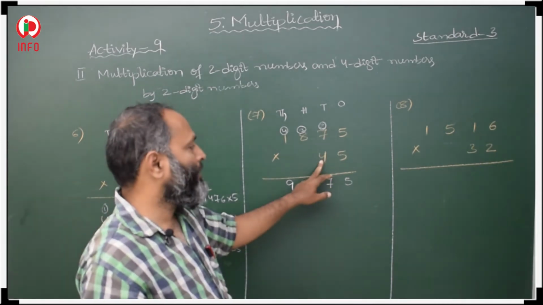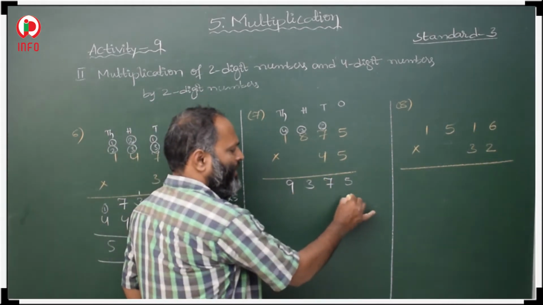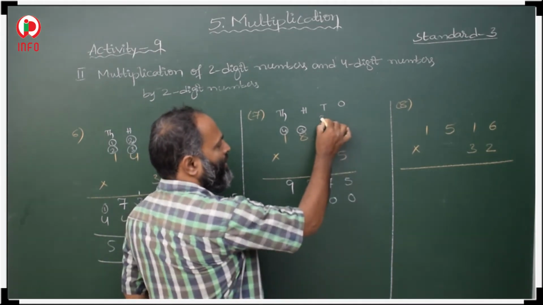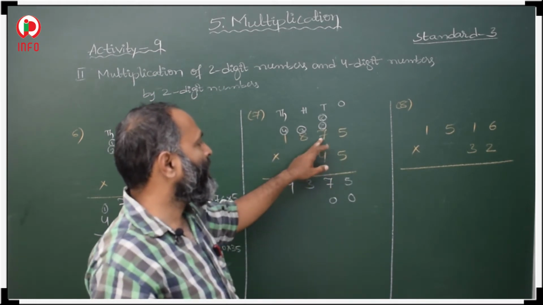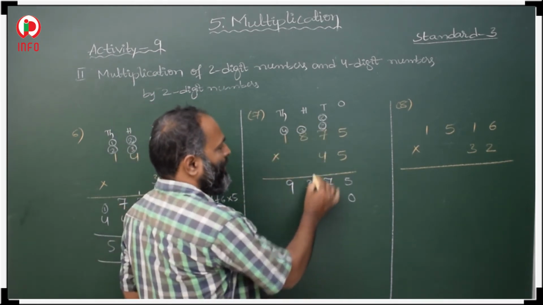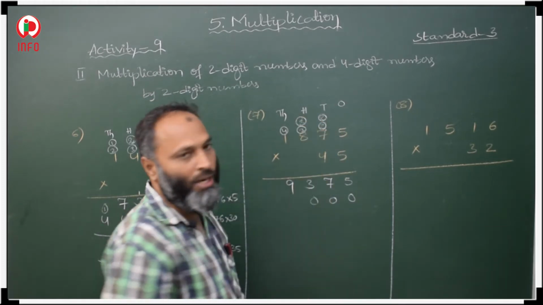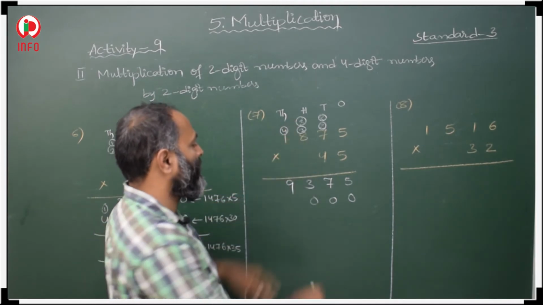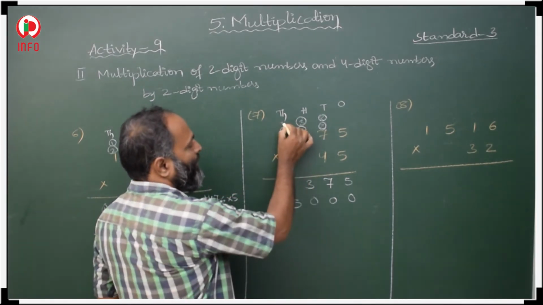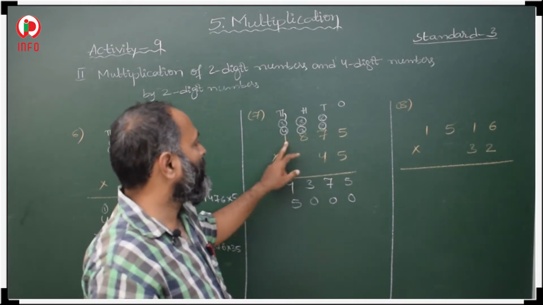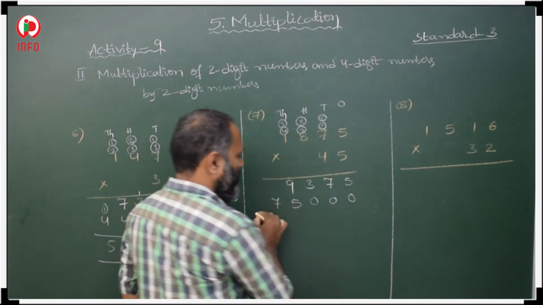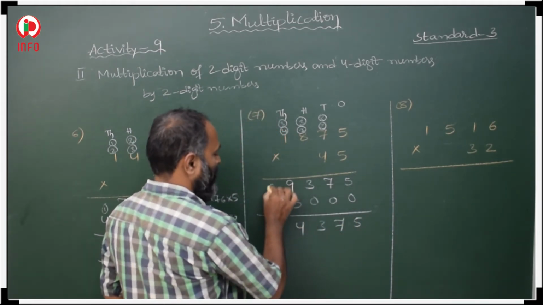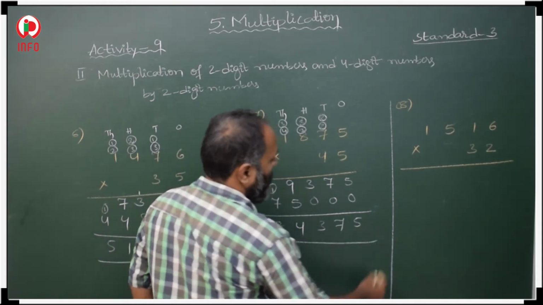Then after that we start with 4. It is in tens place. First we take 0. 4 fives are 20, 0 and 2 in tens place. 4 sevens are 28, plus 2, 30, 0 here and 3 carried over to hundreds place. 4 eights are 32, 32 plus 3, 35, 5 here and 3 carried over to thousands place. 4 ones are 4, plus 3, 7. Now add: 5, 7, 3, 14 and 8, and write your product.